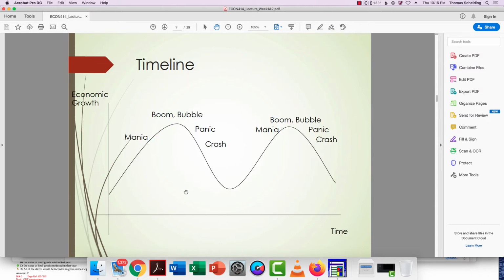So what it does is it creates this cycle. A financial crisis is part of a process of a cycle where the economic growth is occurring, and the mania leads us to a boom or a bubble, which then eventually pops and leads to a panic and a crash. But eventually, that boom, bubble, and bust leads to another one, right? So the 1995 dot-com bubble that burst in 2000, 2001 basically created the conditions necessary for the 2008 financial crisis. So one crisis begets another, begets another.